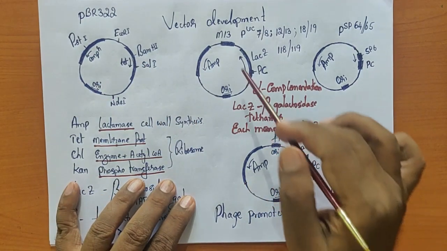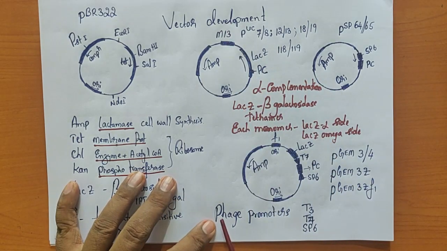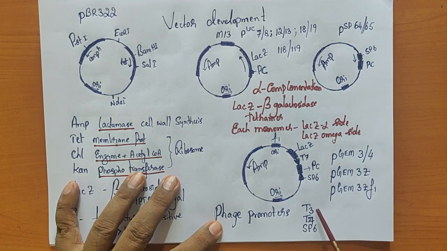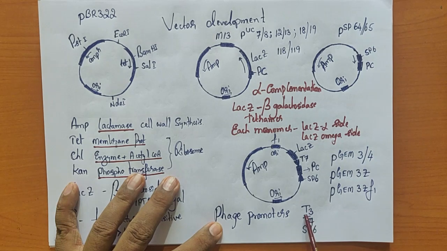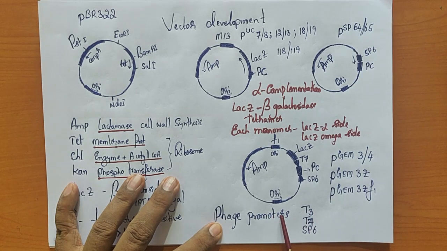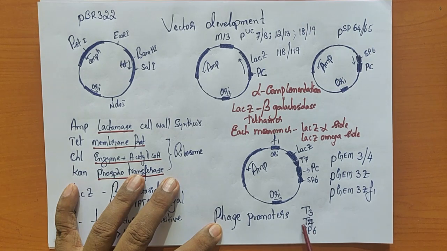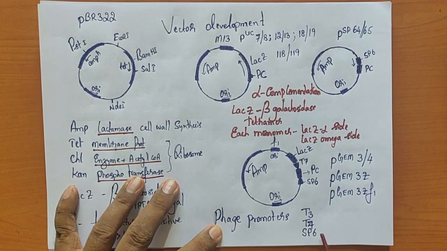All right. Now the other promoters which are extensively used in expression vectors are the promoters from bacteriophage: T3, T7, and SP6. And what is the significance of T3, T7 and SP6? These promoters are highly specific to a particular polymerase. The T3 promoter will function only with DNA dependent T3 RNA polymerase, whereas T7 is again DNA dependent T7 RNA polymerase. SP6 is again DNA dependent SP6 RNA polymerase.